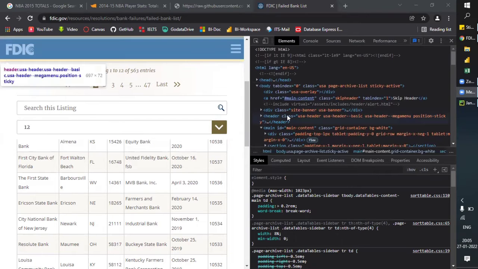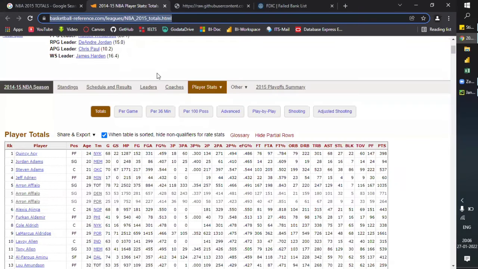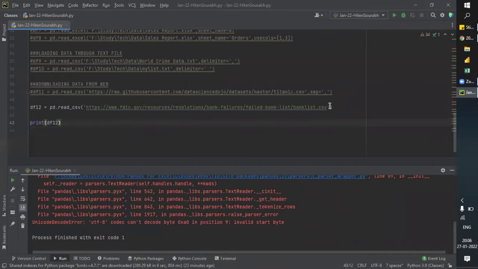That's all. Let's explore some other site. Let's try to check. We have an NBA one. Let's go in this. Just copy the HTML coding here and go to this web page.